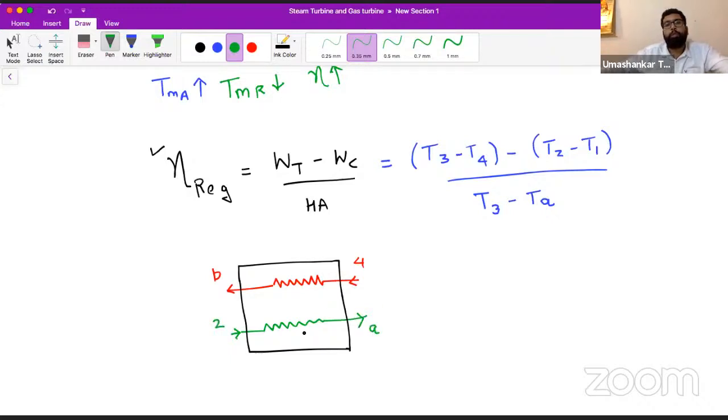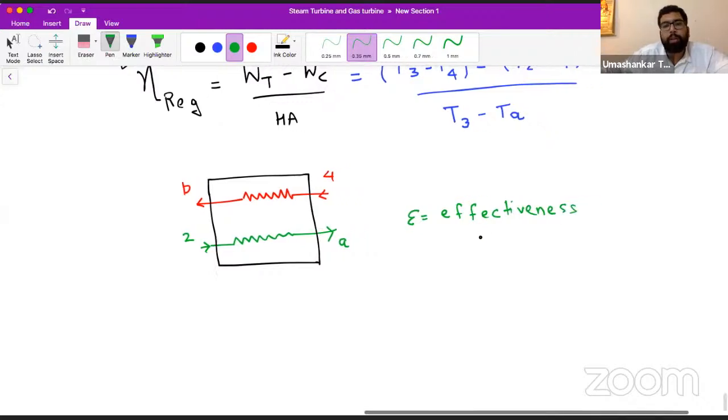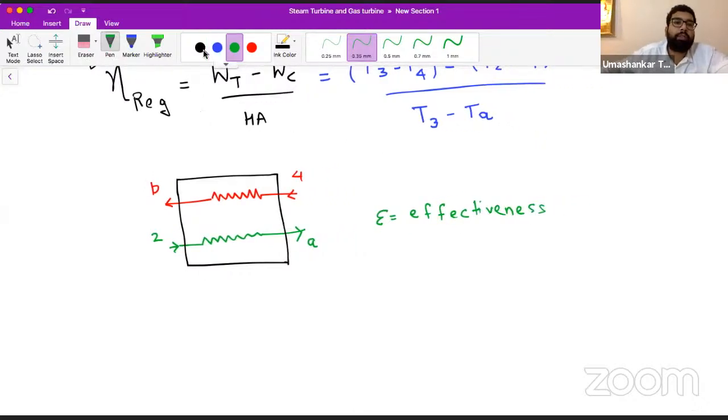So we have seen a term known as effectiveness of heat exchanger in the subject heat and mass transfer. So let's say this epsilon is the effectiveness of the heat exchanger. So we can write like this, that this effectiveness is, what is this effectiveness? This effectiveness is actual heat transfer